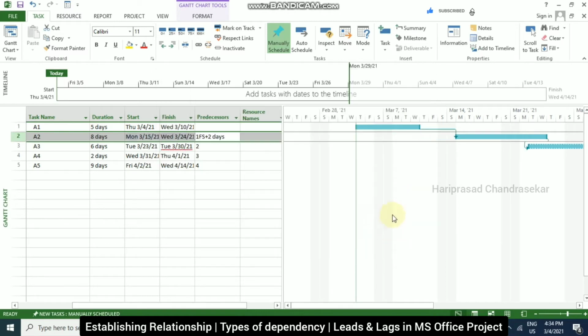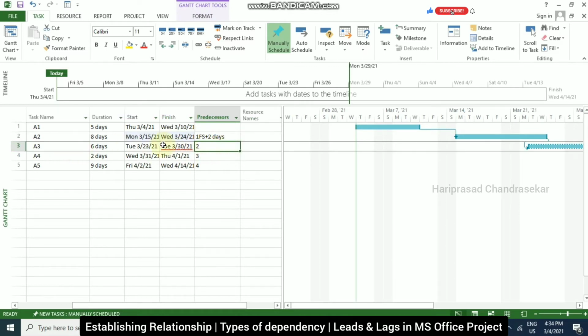Click OK. Now we can see how our Gantt chart gets updated. We can see here 1FS, which means 1 finish to start plus a 2-day delay. For the next task we can put it here too. You can use F2 and then edit it.